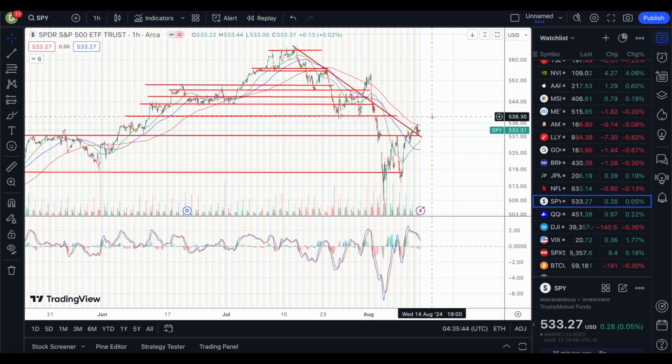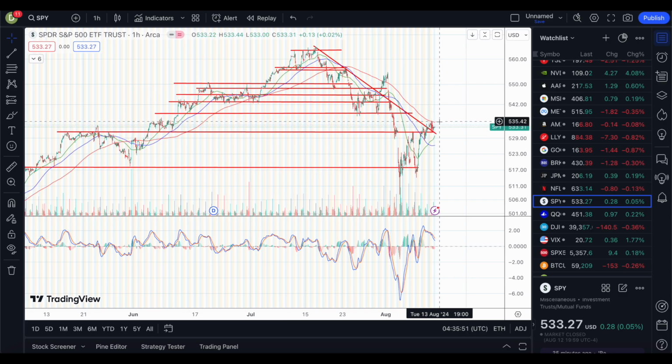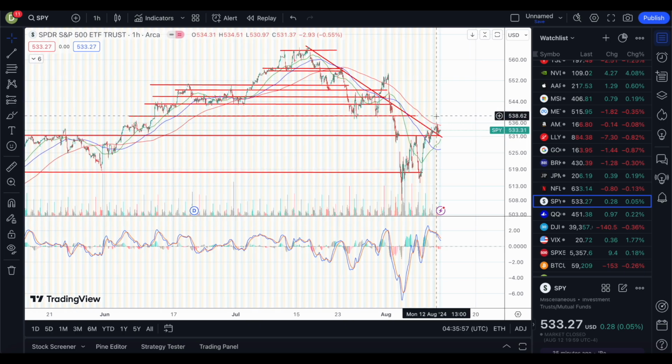That's all it is. And first, basically, the resistance level would be about $535, give or take some change, which coincides with pretty much the ranges right about here where we pretty much peaked as well, but the moving average is right about there. And then the next level we're looking at is $538 and some change.